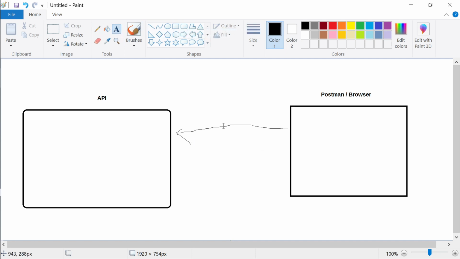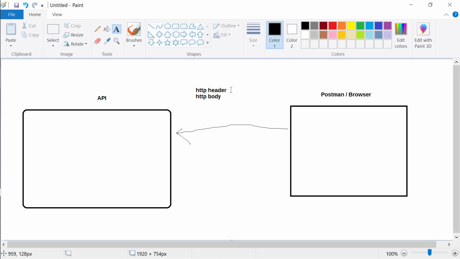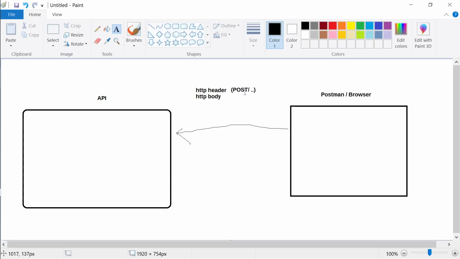The HTTP request is going in some format. It is just a set of text. So how does it go? There will be some HTTP header data that will go, and after that HTTP body data will go, right? In the header you have to tell whether it is a post method. All the settings have to be done in the header section. You can read the headers while it is traveling, but you cannot read the body.